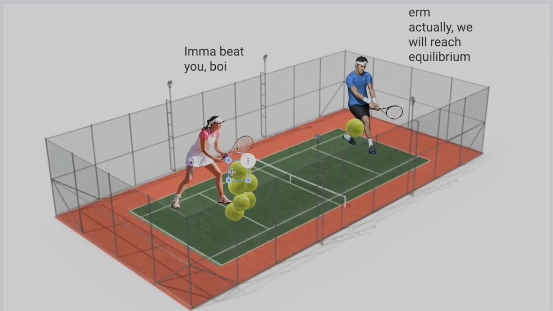This is called equilibrium. What do we mean by equilibrium? Picture a tennis court with one person with all the tennis balls on their side and the other without any. The first person starts throwing the balls over to the other side, and the other person is trying to throw them back. At first, the second person is slower, as they have fewer balls. But eventually, there will be a point at which both people will have the same number of tennis balls on each side. This is the point of equilibrium.